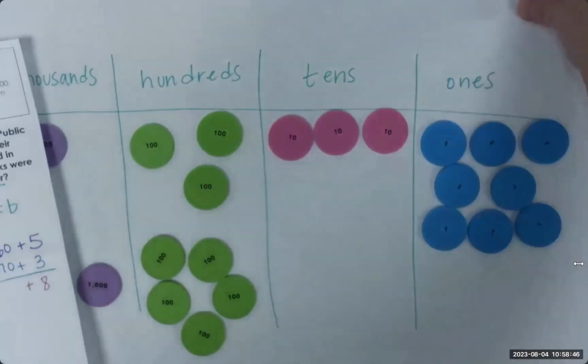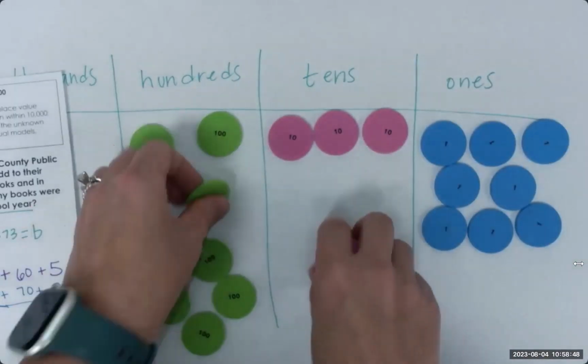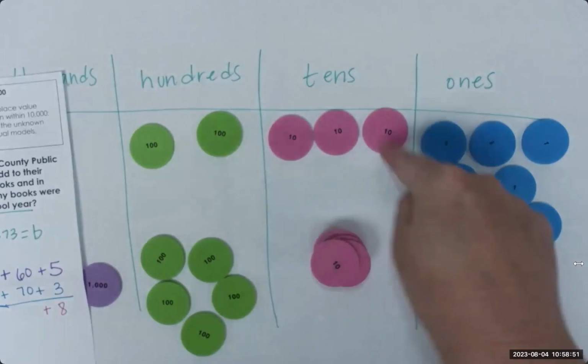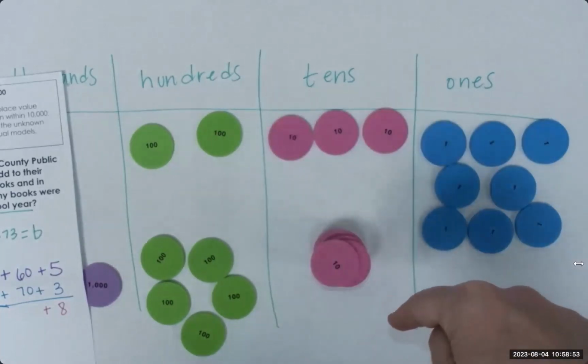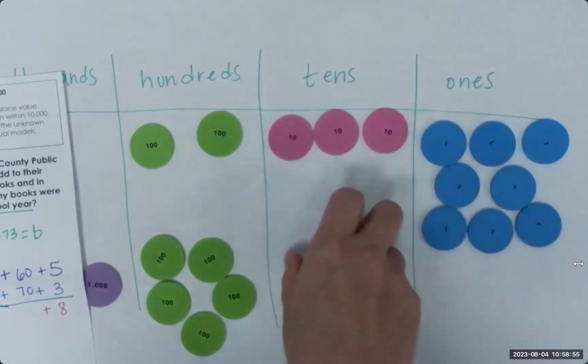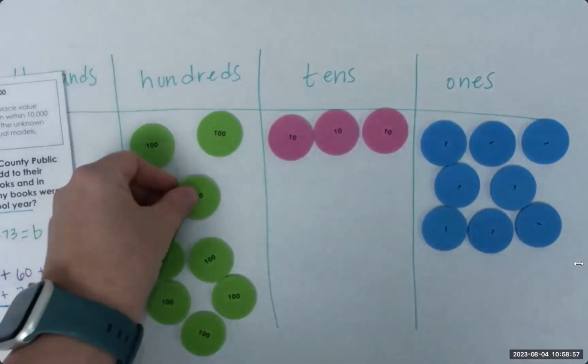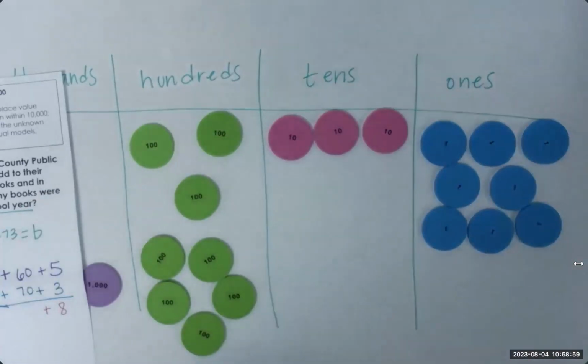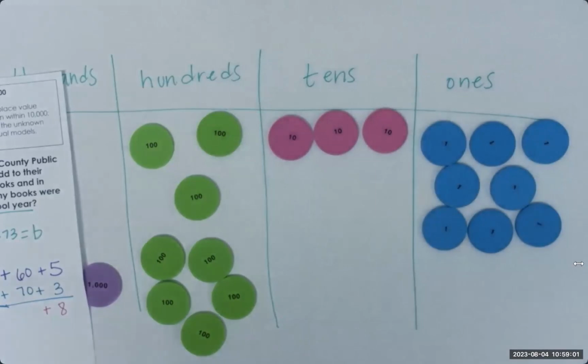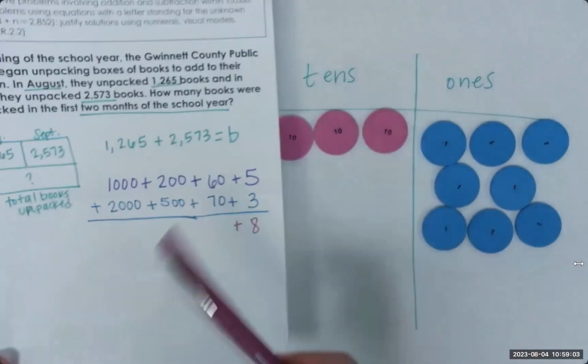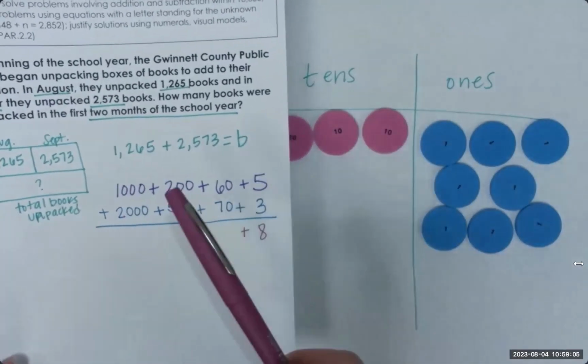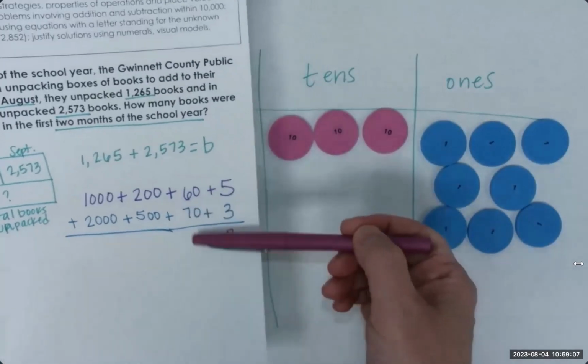Okay, so again, I had 10 tens plus 3 tens. I had a total of 13 tens or 130. I bundled 10 tens for 100 because I know those have the same amount. Okay, so now let's see on my expanded form equation, how am I going to show that 60 plus 70